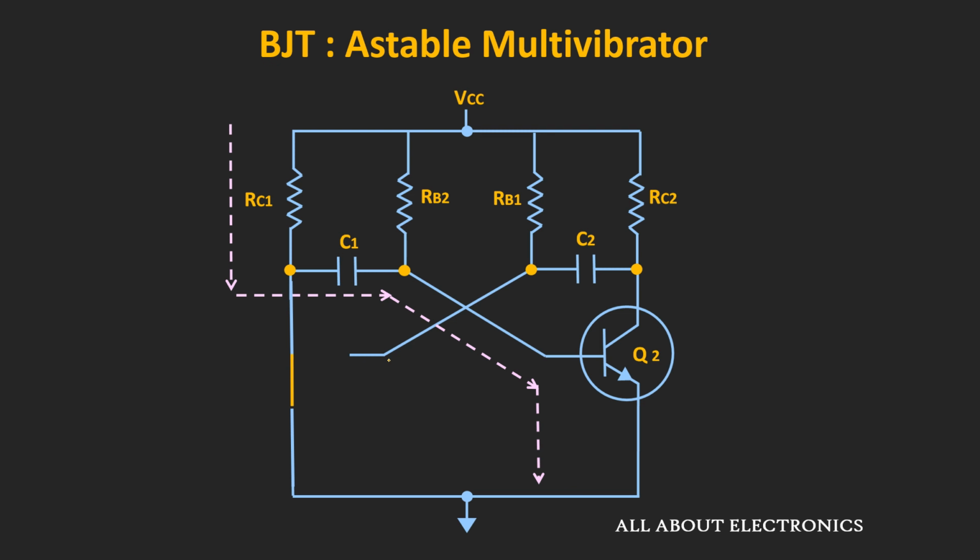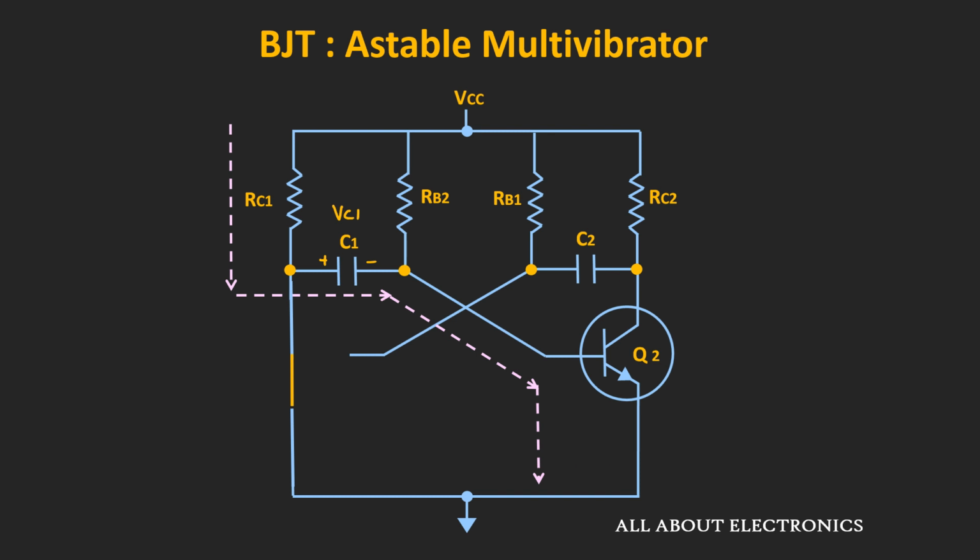Now up to this point, when the transistor Q2 was conducting, let's say some charge got accumulated across this capacitor. And due to that, let's say the voltage across this capacitor C1 is equal to VC1. But as soon as this transistor Q1 goes into the saturation, due to this short circuit, the left hand side of this capacitor will get grounded. Or we can say that due to that, the voltage minus VC1 will appear across this transistor Q2. So due to this negative voltage, this transistor Q2 will go into the cutoff region. So this is the starting point of the circuit.